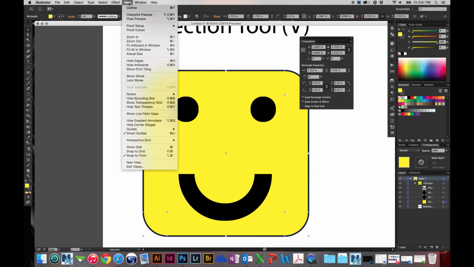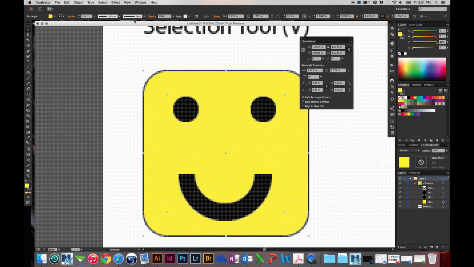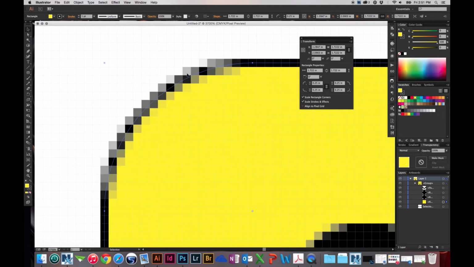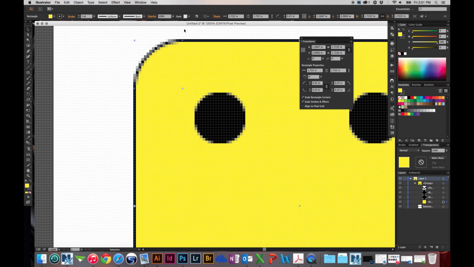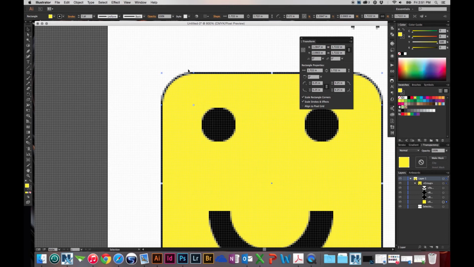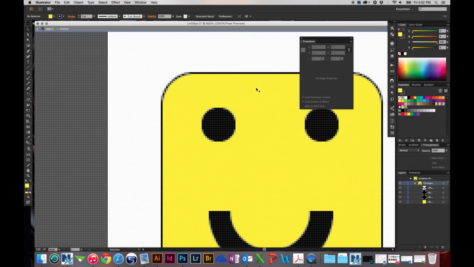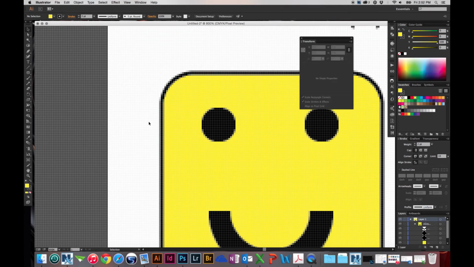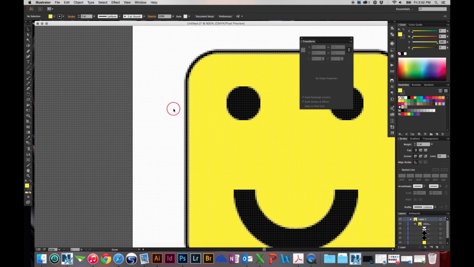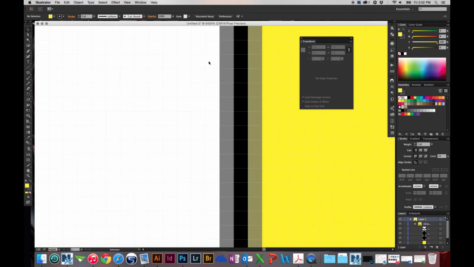So let's go to View, and we want to turn on Pixel Preview. Oh no! As you can see when we're looking at it, you can almost see what I'm talking about right here. The anti-aliasing, like in this case with this guy. What I may want to do is scale up this stroke a little bit. So I'm going to go into my group again. If I double click, it brings me into that group, and I can select that object and increase that stroke, because now I know that isn't what I'm looking for. Now it gives me a better stroke using 2 points. But as you can see, my lines here, it's really fuzzy. So let's select that,